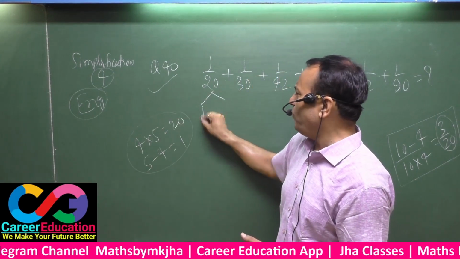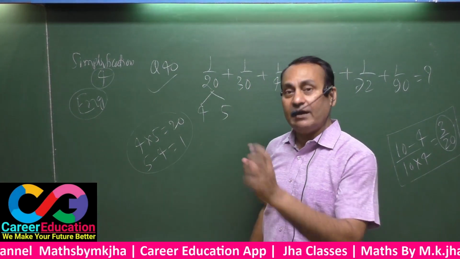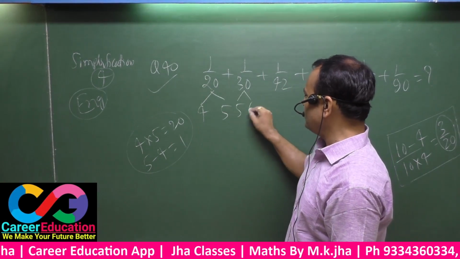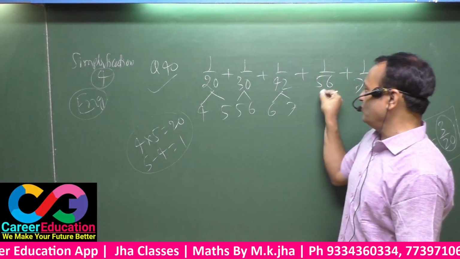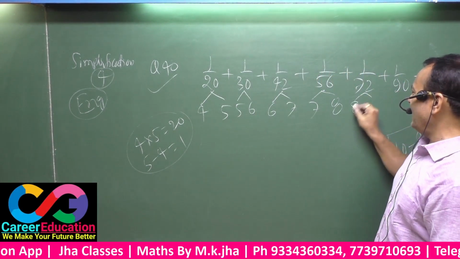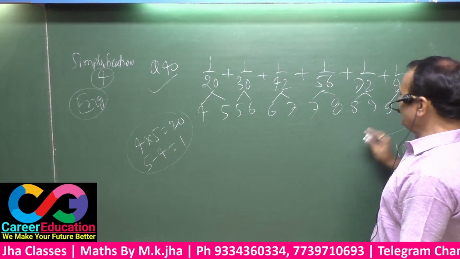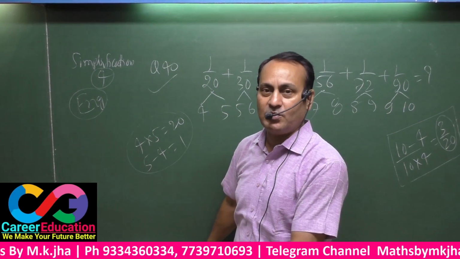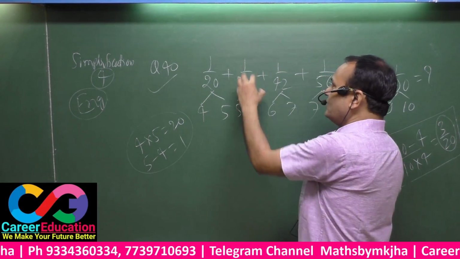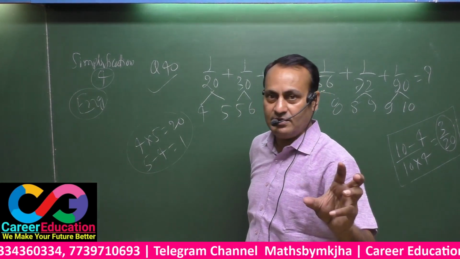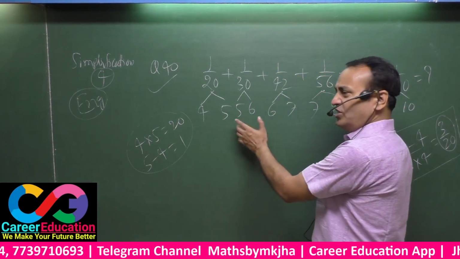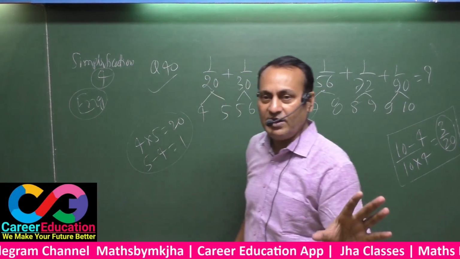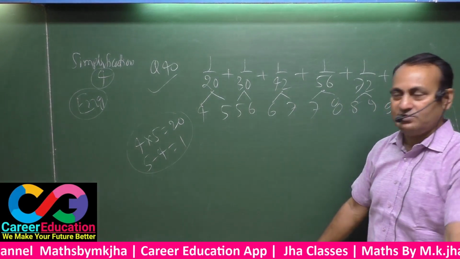That means you pointed out 4, 5, smaller then bigger. Again 5, 6; 6, 7 gives 42; 7, 8; 8, 9; 9, 10. In such types of questions consecutive numbers are taken in order to ease the solution. But if there is a gap, you can't solve the question so easily. If this is 4, 5, this is 11, 13, this is 15, 12, like this, you can't solve it very easily. You will generally have to take their LCM.